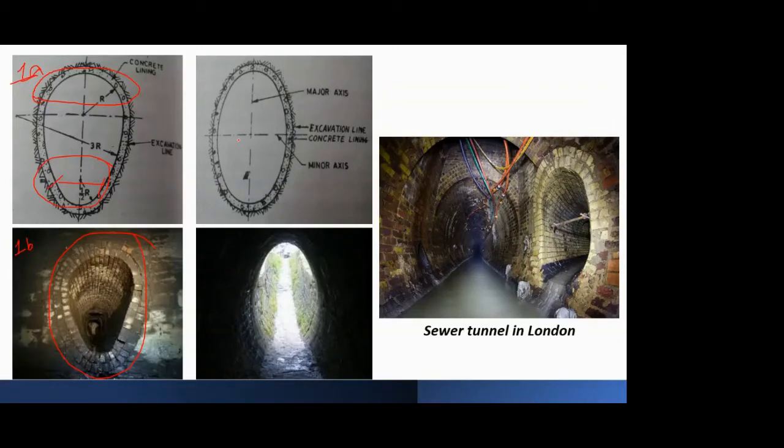You might have seen that in the urban scenario as well, in cities, that very often the drainage gets clogged. Now it gets clogged due to many reasons, but one of the reasons is that the circular shape itself is inviting trouble for the solids which can settle down, and that is not the case in this shape of elliptical or egg. So that's why the old tunnel systems or old sewer systems were predominantly having these shapes. And if you see the figure numbers 2A and 2B, again you'll see the elliptical shape over here, and the same you can see in figure 2B also.